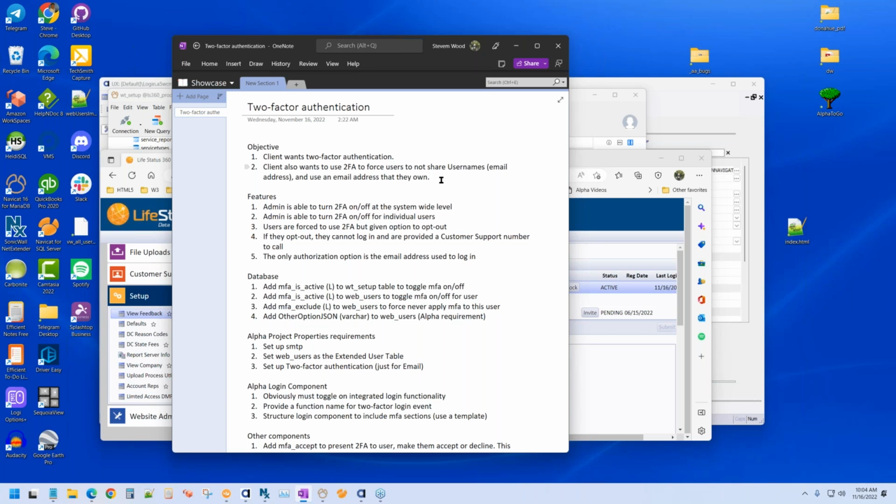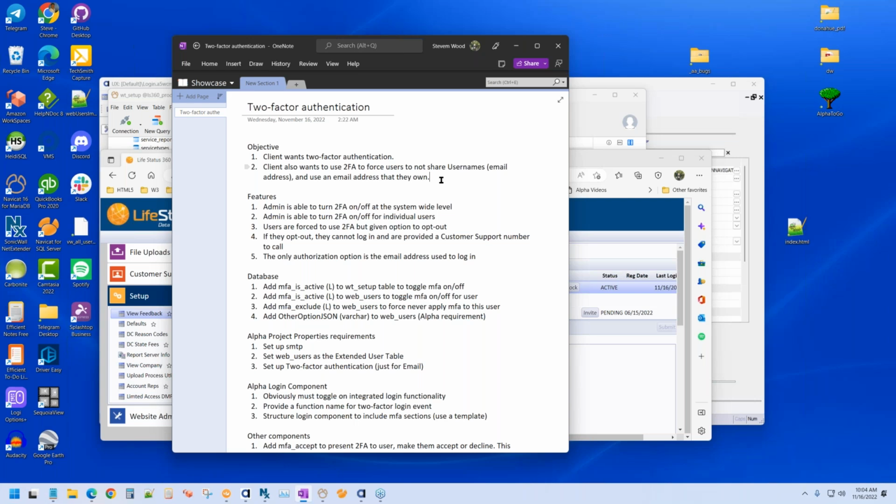So if you think about it, here's a client that has, or my customer has big clients, larger institutions, and they tend to share their email address because it's just used as a login. It's not necessary that they receive any email back at that login ID. But this company has a requirement that individuals use an email address for login that belongs to them, and it wasn't happening. So now they're going to force that using two-factor authentication, because the other thing that they did is